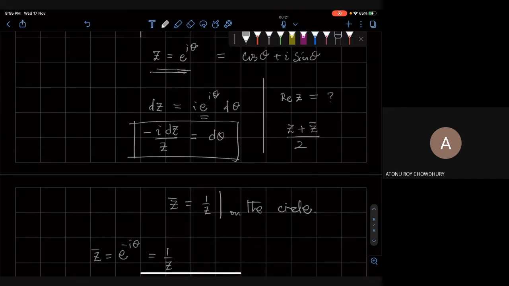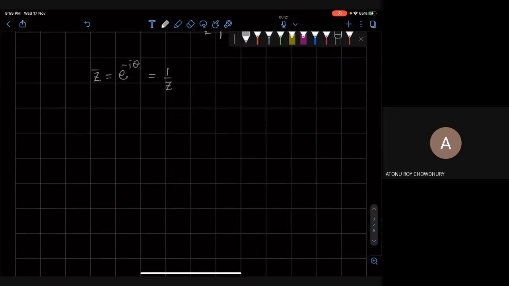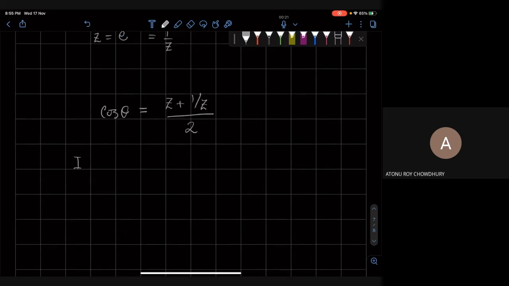So instead of replacing cosine theta by this, what we will do is say, okay, we are interested in only the circle, and on the circle I can represent cosine theta by z plus 1 over z over 2. If I do this, then my integral becomes a contour integral over a circle, with a factor of minus 2i which comes from the measure. This is S1, a unit circle centered around the origin. And then d theta becomes dz, and my integrand becomes,